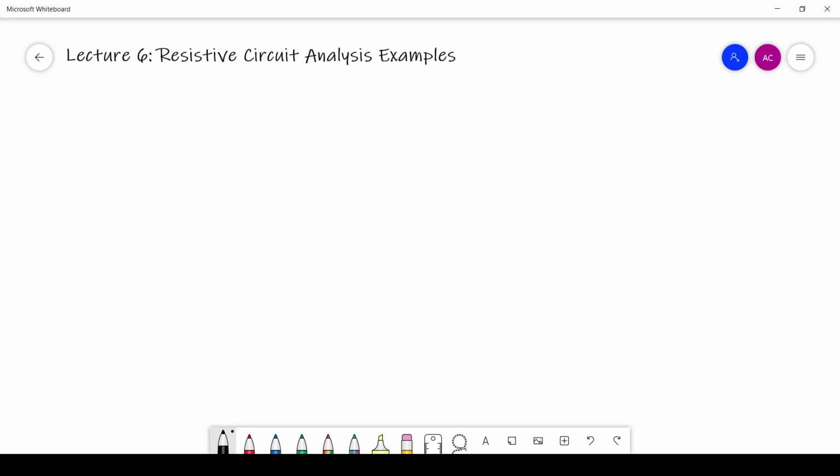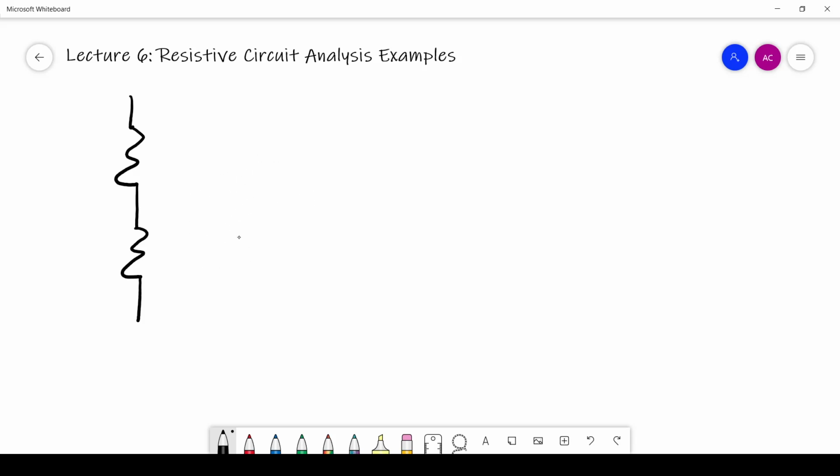So previously we've talked about Kirchhoff's laws, and we've talked about resistors in series and resistors in parallel. Just for a little bit of review before we get started on this one, we're going to review what we mean by resistors in series and resistors in parallel. So the first thing is resistors in series. If we have two resistors connected like this, like we have here, this is the exact same thing as,